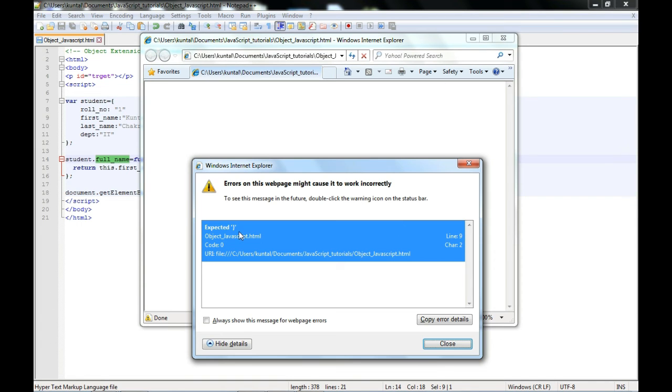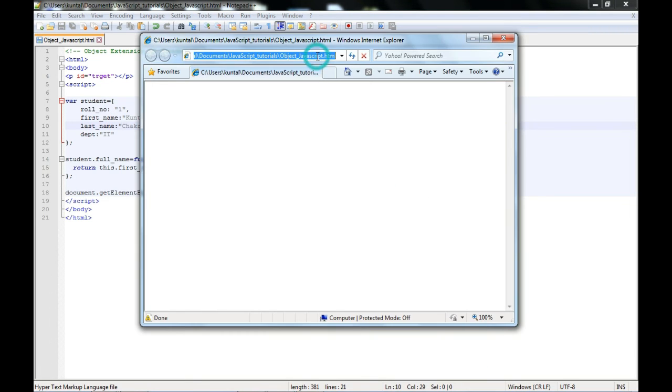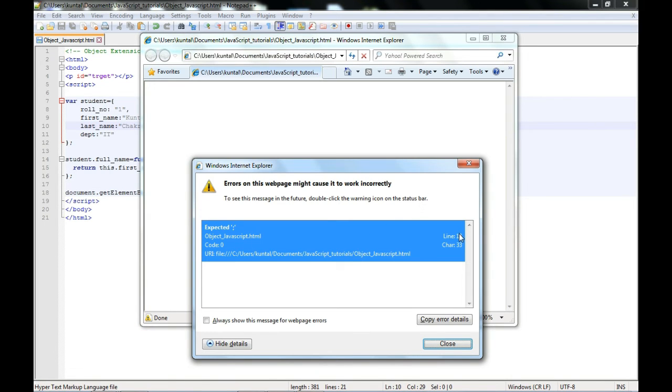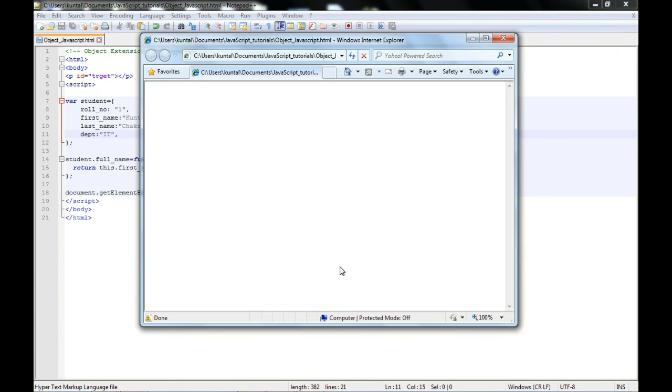I have clicked on that HTML and it is opening. See, it has opened and it has a problem. I'm allowing the blocked content here and clicking yes. As you can see on the left hand side at the bottom, there is one problem, it's expecting something. Let's find out where the problem is. I have not put a comma first, so for checking I can put some comma here and then check, but it's not the cause.